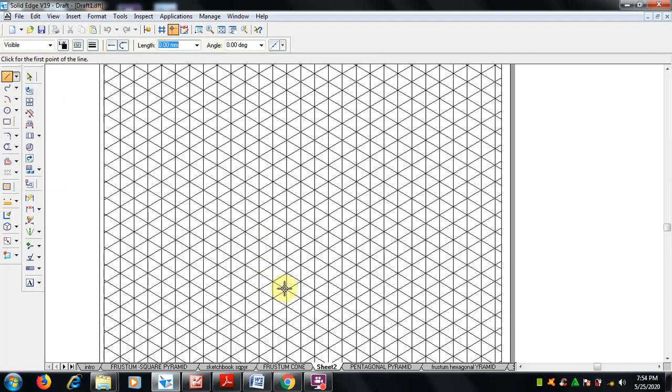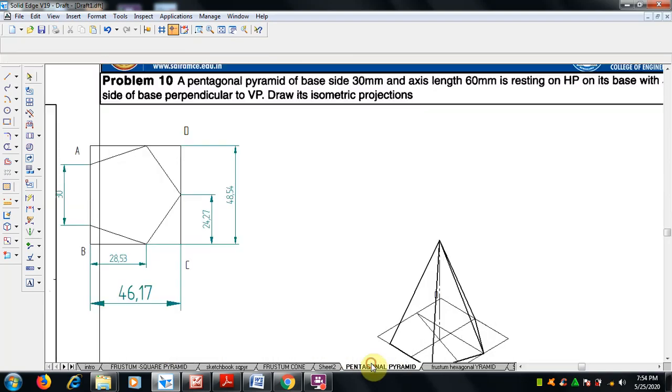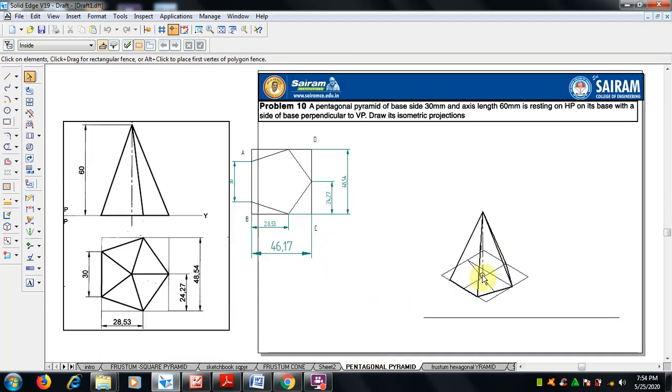So as I said, if you select any intersection here, 1, 2, 3, 4, 45, 48 point something, we will get the lines like this only. So there is no need to get confused. Whatever you can get in the sketchbook, you can work from that. Okay, understood? Please do this in the sketchbook also.